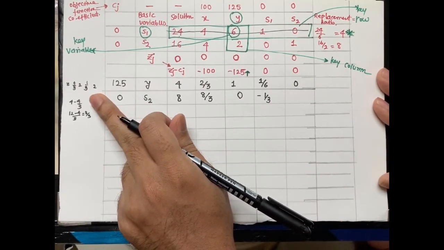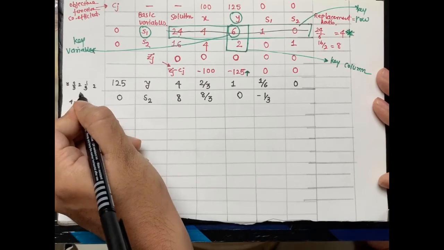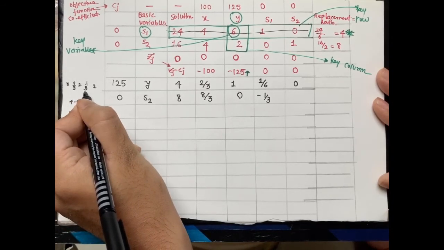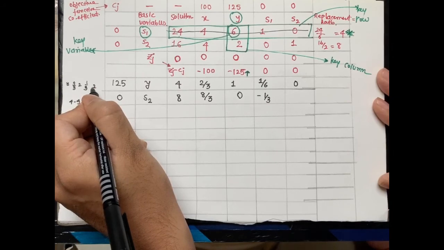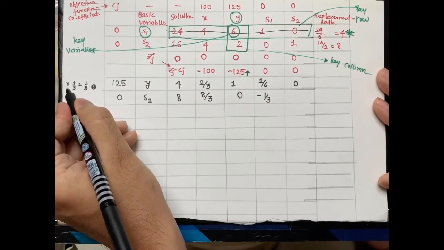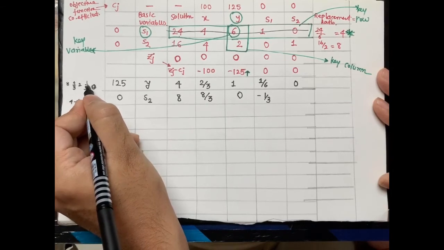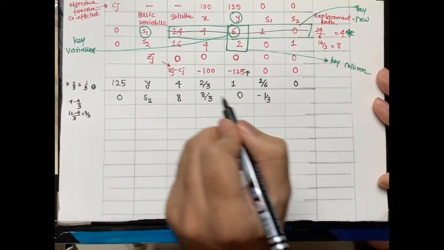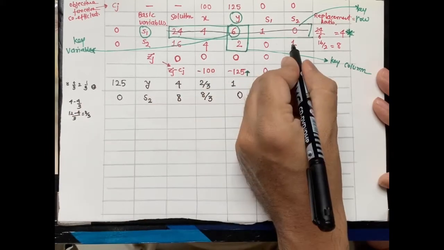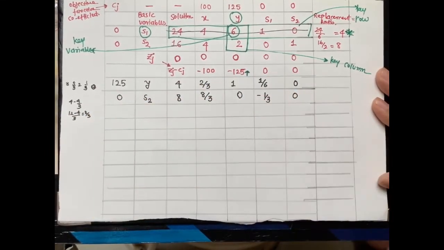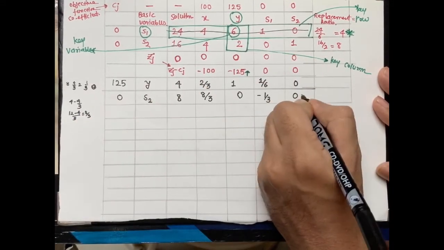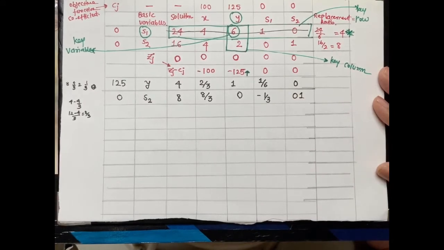Then what I got here, 1 by 3, and this value should be 0 actually. Yes, 4 by 3, 2, 1 by 3, and yes, 0 is multiplied by 2, so that is 0. So 1 minus 0, that is 0. So this is what I am getting for the S2 variables. Yes, 1 minus 0, that should be 1 here. So here ends my second iteration.